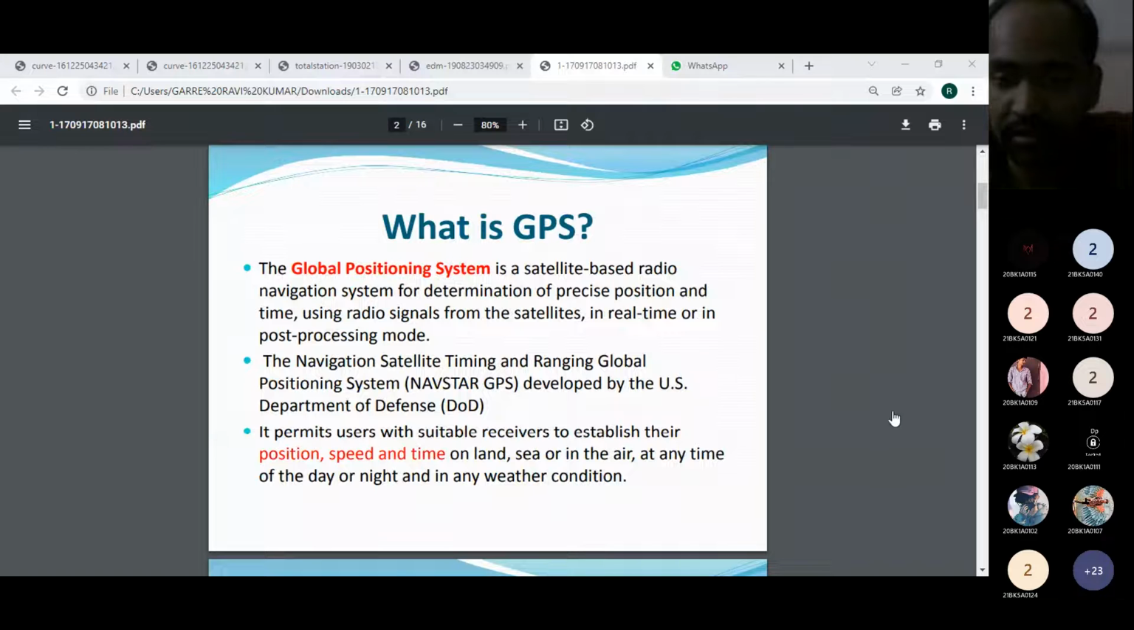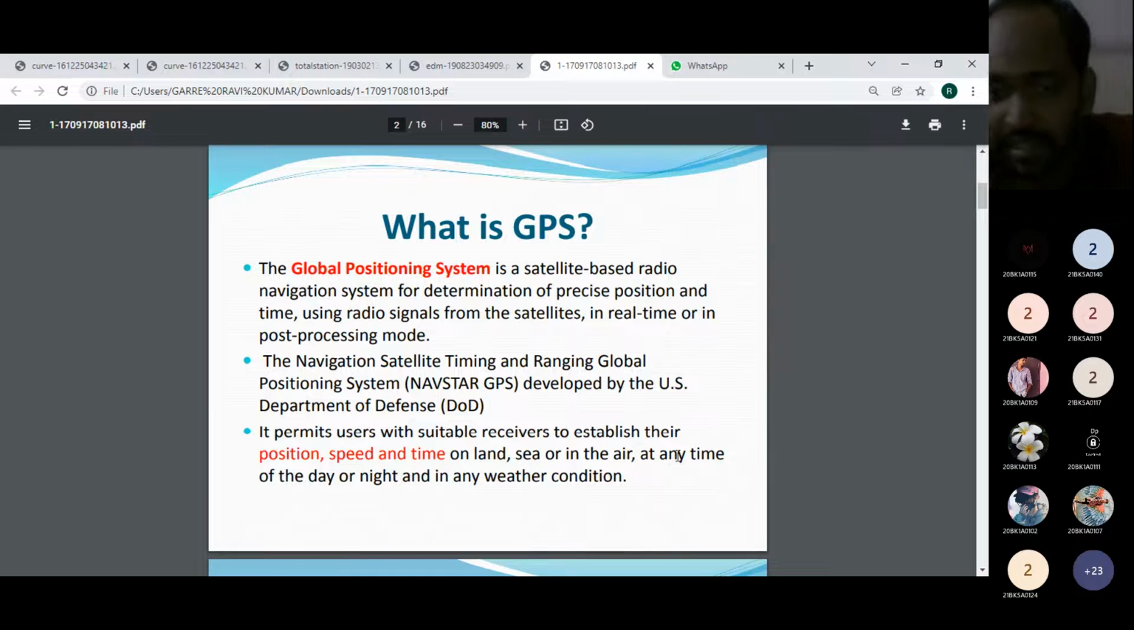Okay, our next concept is GPS, the Global Positioning System. It is a satellite-based radio navigation system for the determination of precise position, time, distances and so on. Most of the time it receives data from the satellite and other sources. It permits users with suitable receivers to establish their position, speed and time